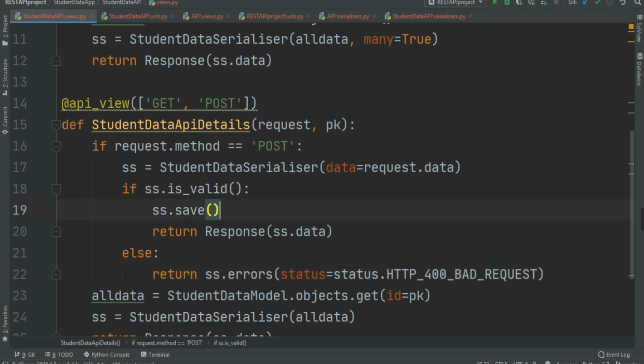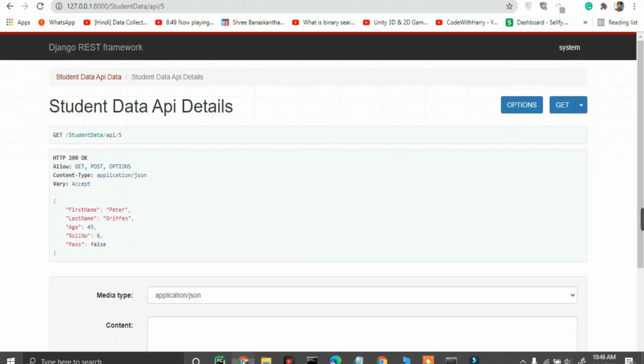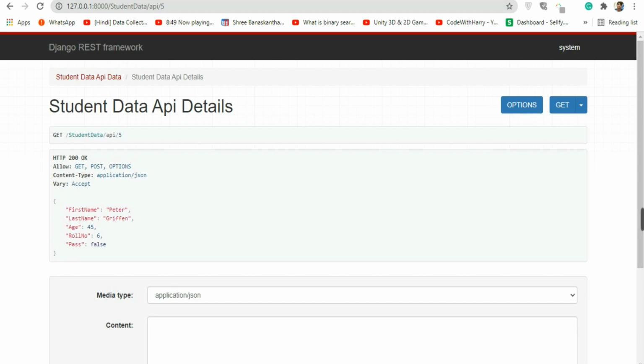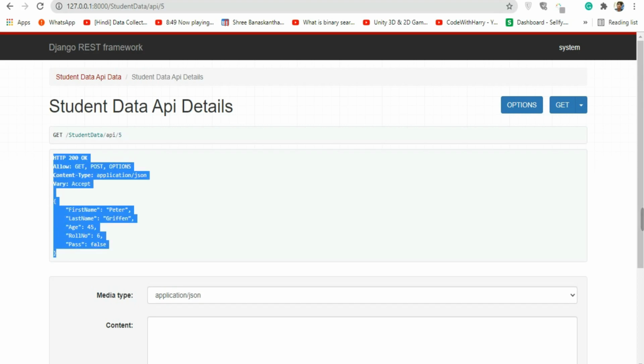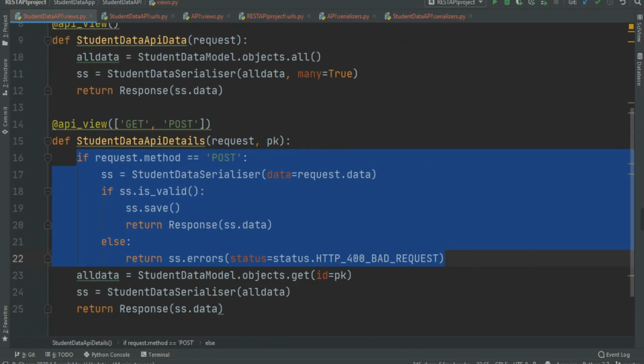Okay, so we are creating an object, so you can't write update in here, because we wrote the code for creating a new object. And this particular element which we are in is the details view. So you can create a new element in the details view. So what we can do is copy this code.